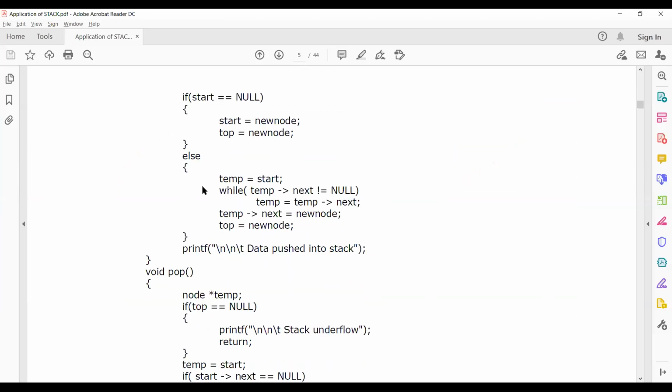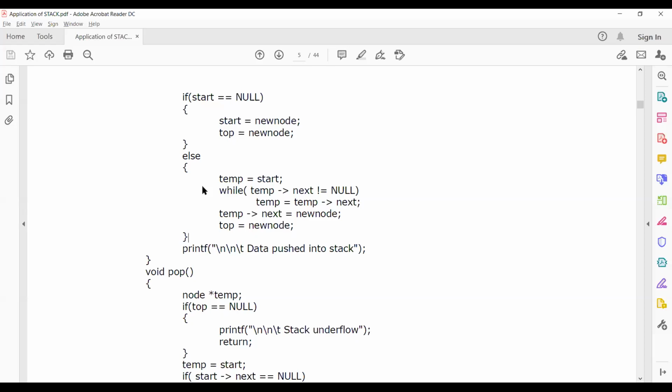In the push function, you have three conditions. The first condition is that when you are pushing, you have to check whether the stack is overflow or not. That is the first if. Second if: whether the stack is empty or not, I mean whether there is any node in the linked list or not.